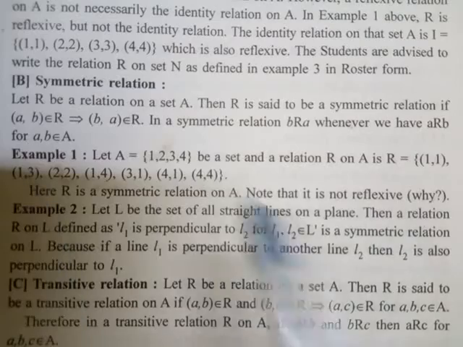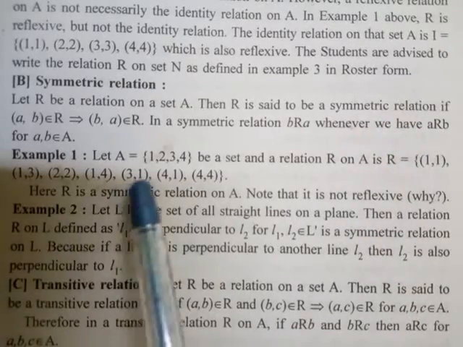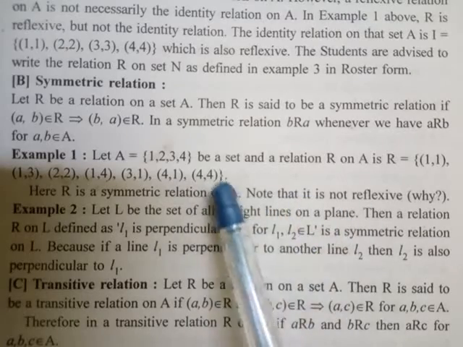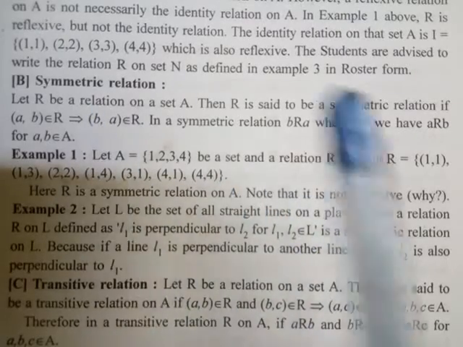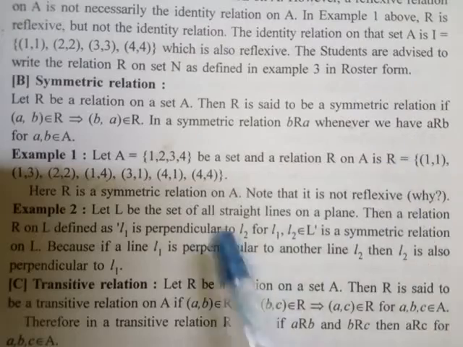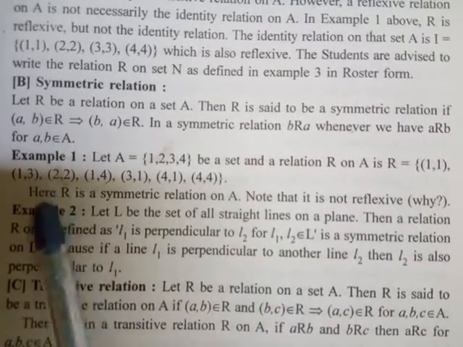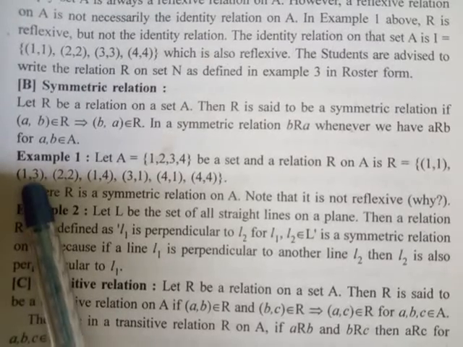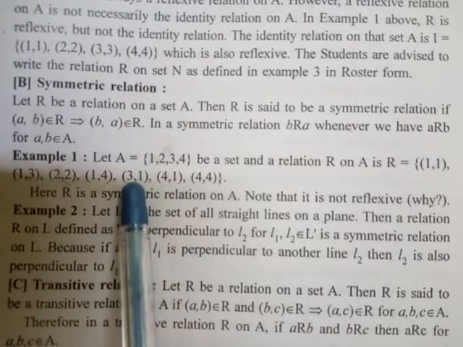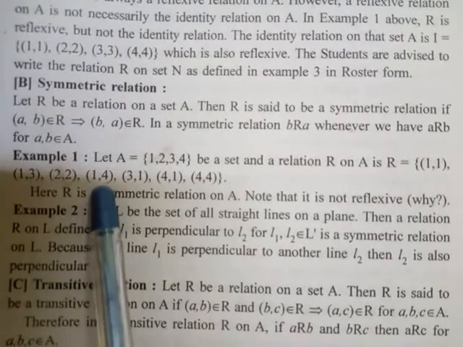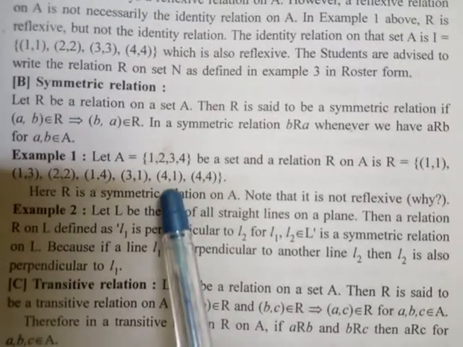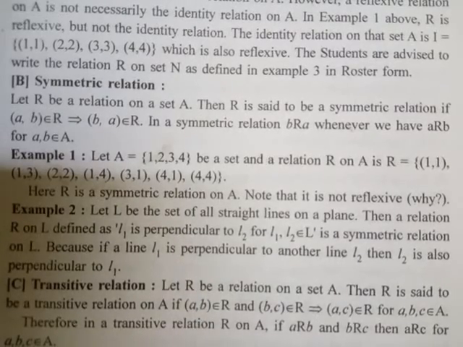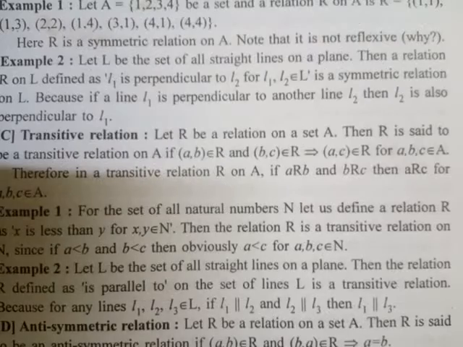Now for example, look here, {1, 2, 3, 4} is a set, and here we need to find the symmetric relation. Look at the example: (1, 3) belongs to R, which means (3, 1) also belongs to R. Here (1, 4) belongs to R, and (4, 1) also belongs to R. So we can say that such a relation is a symmetric relation. The next one is